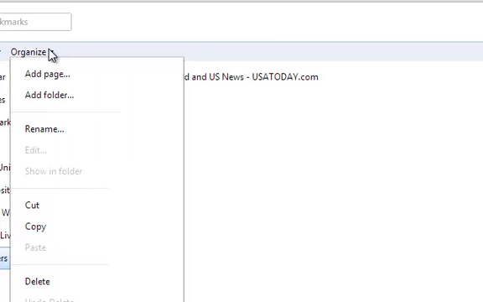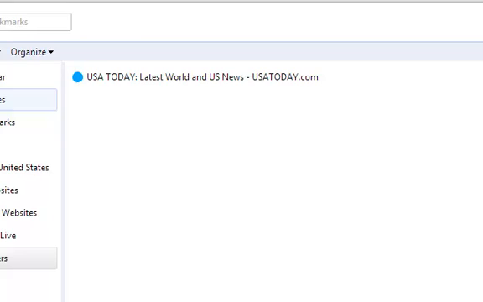So it gives you a good chance to organize your bookmarks of sites that you want to revisit or that you visit very often in general. You can organize these by folders. You can also do tags on them. Again, you see that universal star that I mentioned in other videos, which is pretty indicative across browsers, the most popular ones anyway, that you're dealing with some kind of bookmarks or favorites